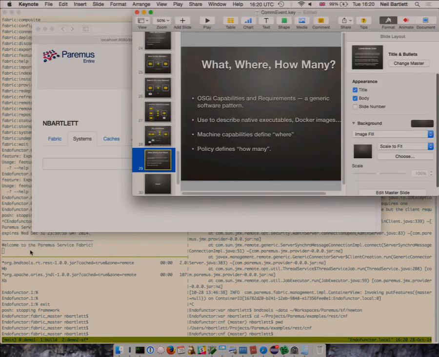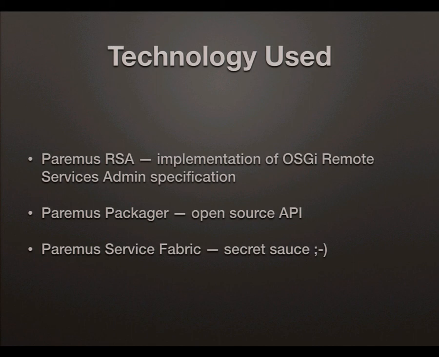Okay, so just to sum up, I've shown some of our company's technology. It's not really intended as a sales pitch, but what I'm talking about is OSGi. OSGi Remote Services, I used our implementation, but that's an OSGi specification. The Packager, to wrap up the native processes and the Docker images, is an open source API.